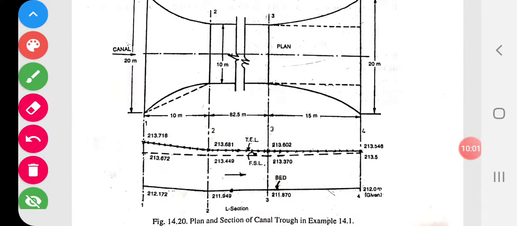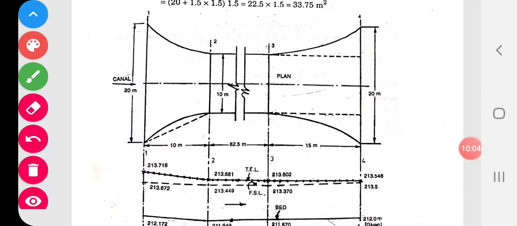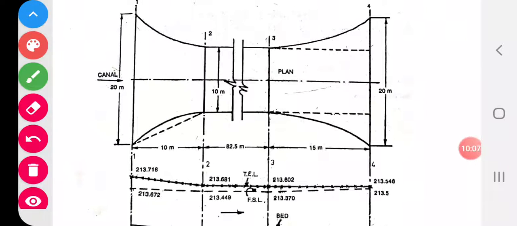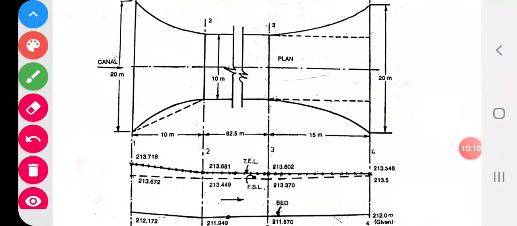Now I will tell you what is going to be done in the design problem. Very first, we have to calculate the width of the drain. What you have to calculate is the drainage way, as we call it. Here this 82.5 meter is the drainage way. Those are the data to be calculated for the design purpose. I'll show you how it is calculated, but this is to be determined first. It is the drainage waterway.